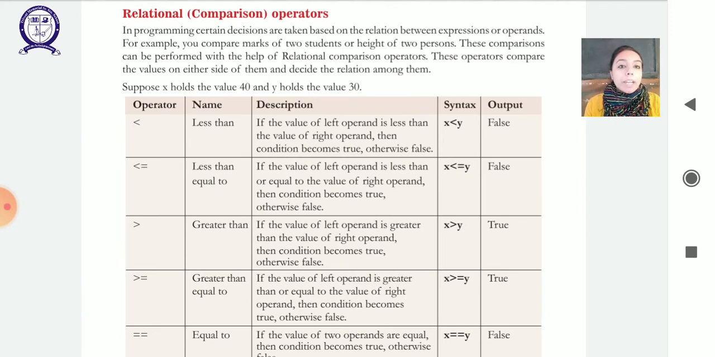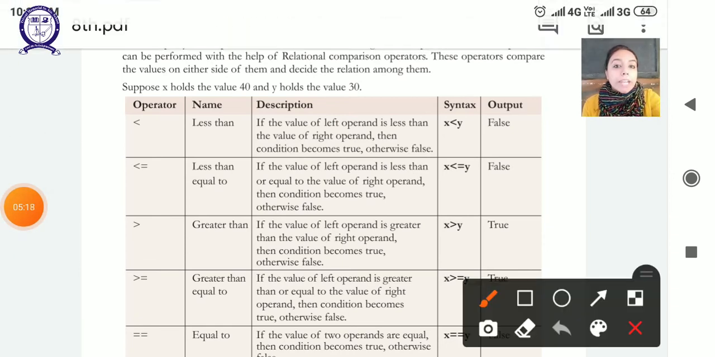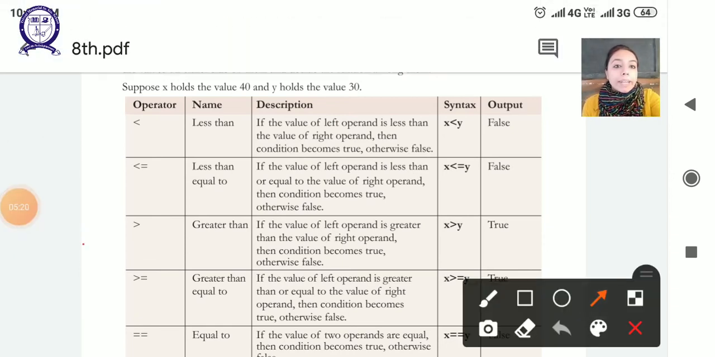So here we have the less than operator. If the value of the left hand operand is less than the right hand, the condition becomes true, otherwise false. Then we have the less than equal to. If the value at the left side is less than or equal to the right hand side, then it is true, otherwise false. Same is the case with the greater than. If the left side operand is greater than the right side operand, then it is true, otherwise false. Then we have greater than equal to. If the value of left hand operand is greater than or equal to right hand operand, then the condition is true,